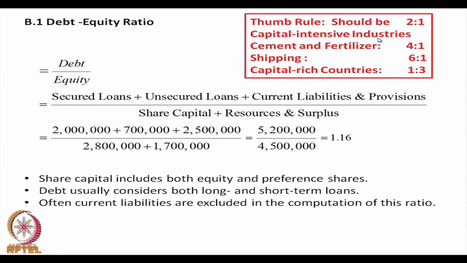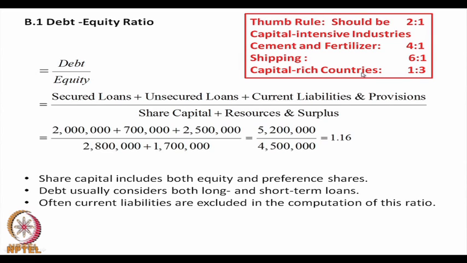but it is seen that for capital intensive industries such as cement and fertilizer, which require more capital, they finance their capital by the instrument of debt. This ratio can be as high as 4:1. For shipping companies or companies manufacturing aeroplanes, which require very high capital, it can go even up to 6:1,